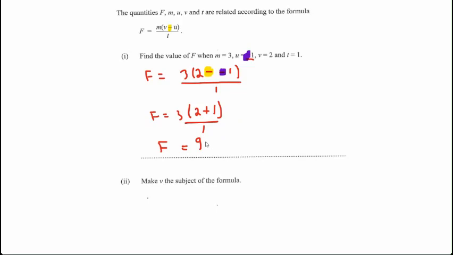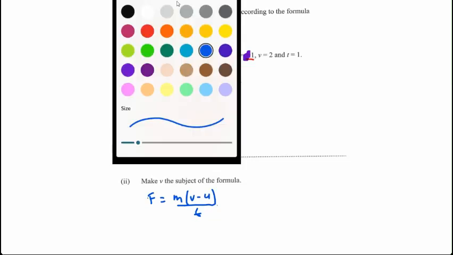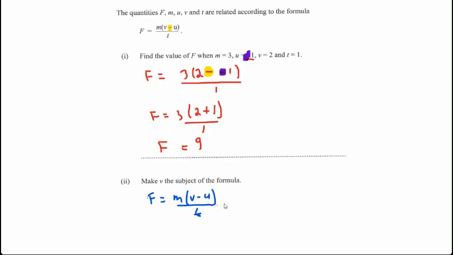And the final part of this question is make v the subject of the formula. So let's just write back our formula down here. So f is equal to m into v minus u over t. So the first thing we're going to do is get rid of we're dividing by t, so let's get rid of that. If you're dividing by something, to get rid of it, we multiply by it, but we have to multiply both sides, so it's